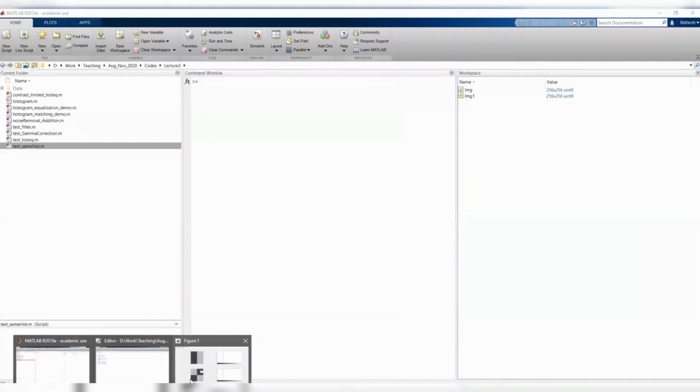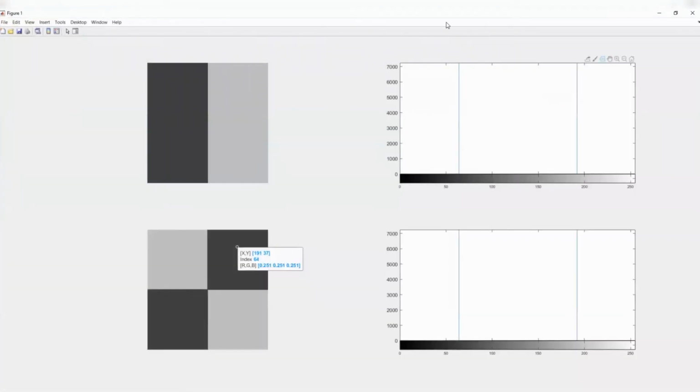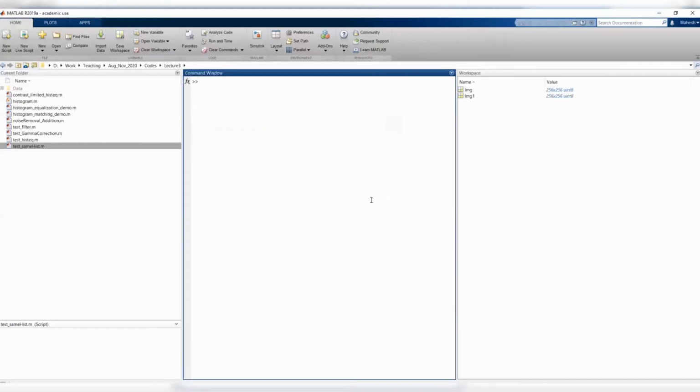That's why you are not seeing the end of the bars, because they go so high. So 256 by 256 divided by 2 means 32,768 pixels belong to 64 and 32,768 pixels belong to 192.